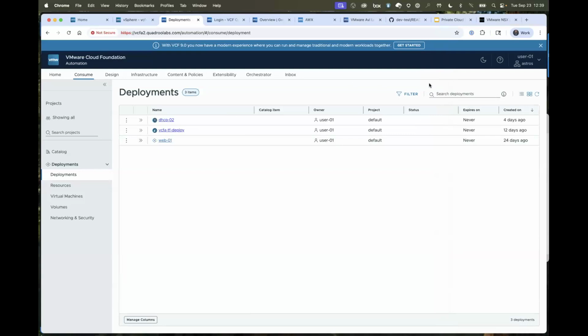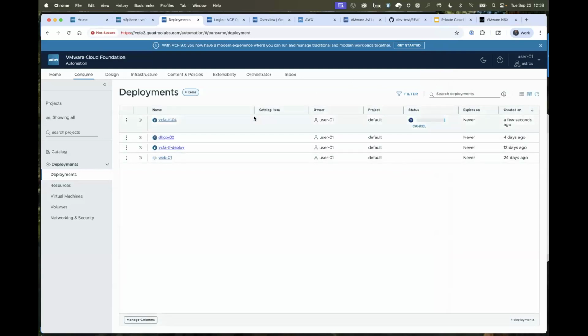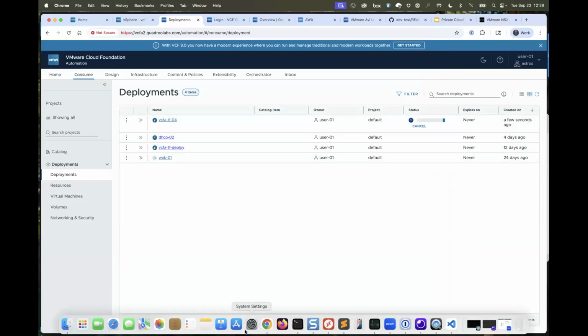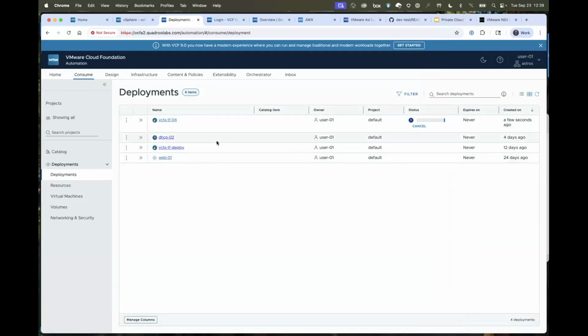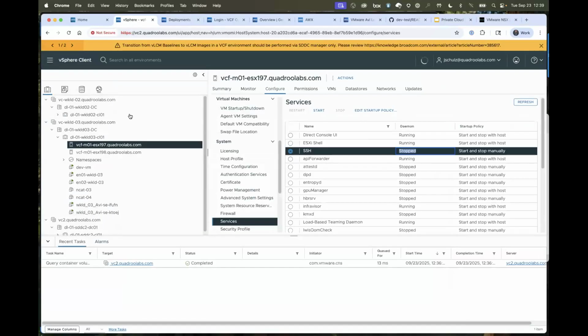So let me check to make sure here in VCFA. There we go. We have our deployment rolling. And again, we're deploying workloads using Terraform in this environment, so there's no need for me to come in and touch these interfaces. I am looking at whether or not this is being deployed just to show that it's definitely working.